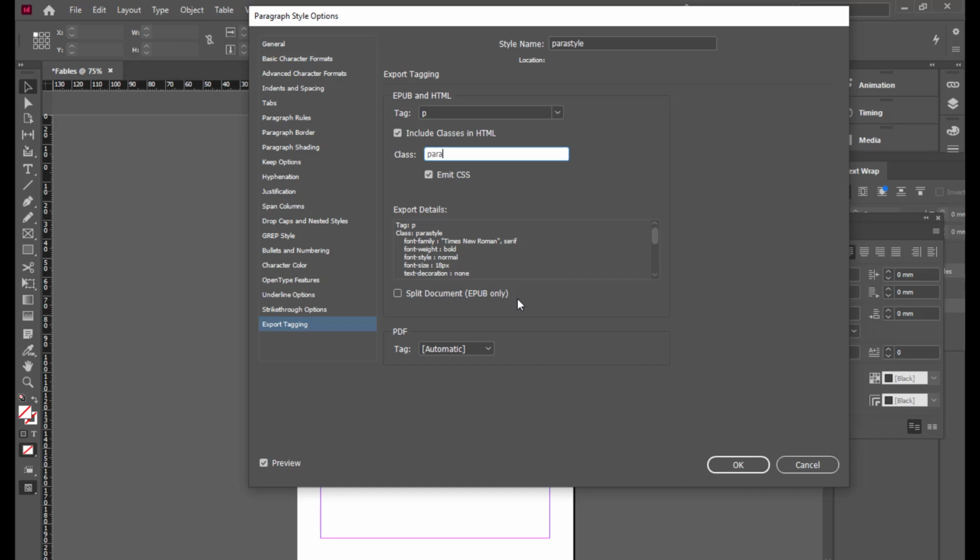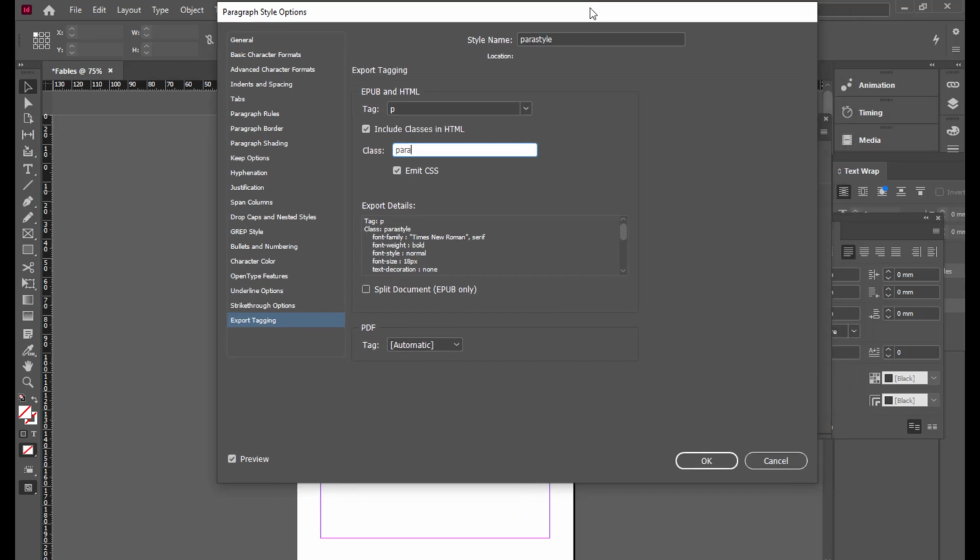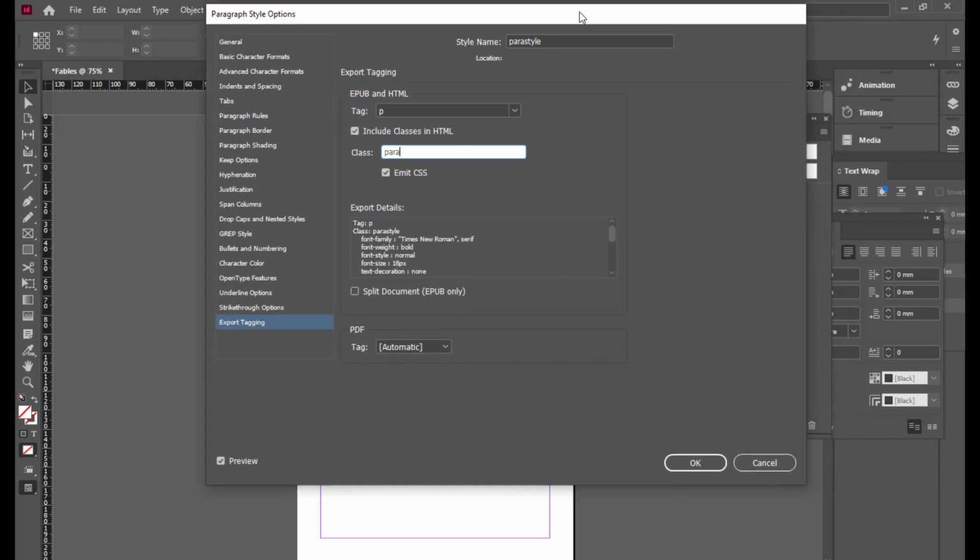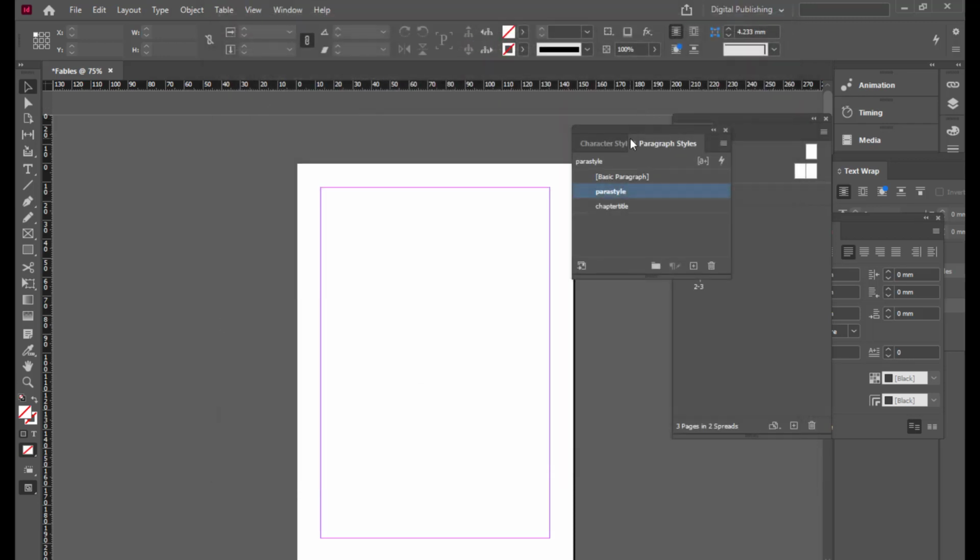Heading should be unique, but the paragraphs have to flow continuously. So this is the reason why we have to turn off this split document option for this paragraph, right? So this is the first and foremost important thing before exporting this file as an EPUB, right? So once we are done with these things, the next important thing is